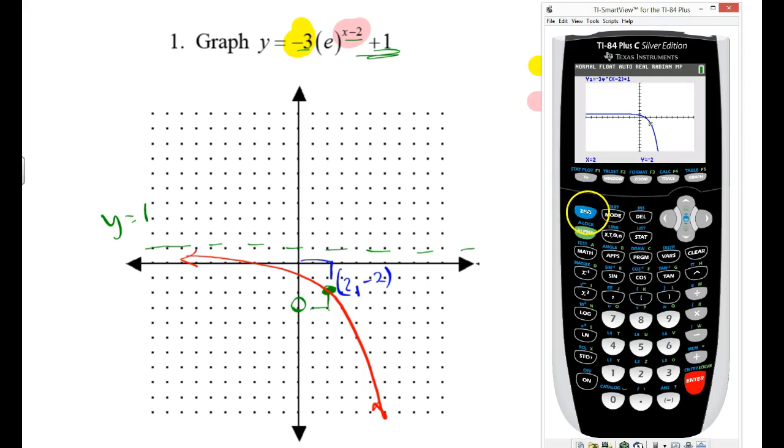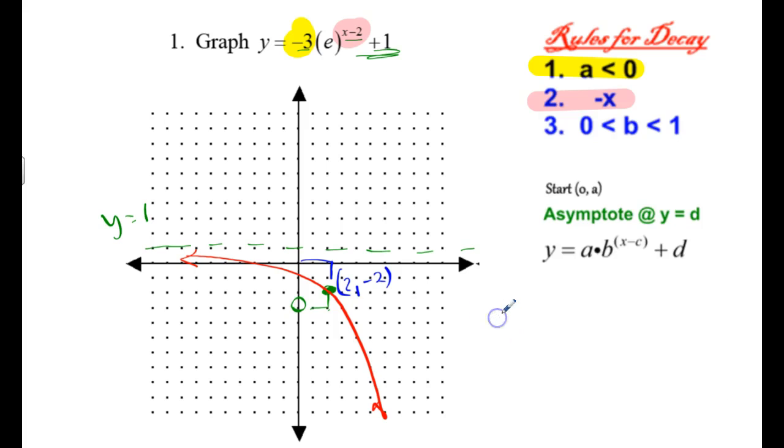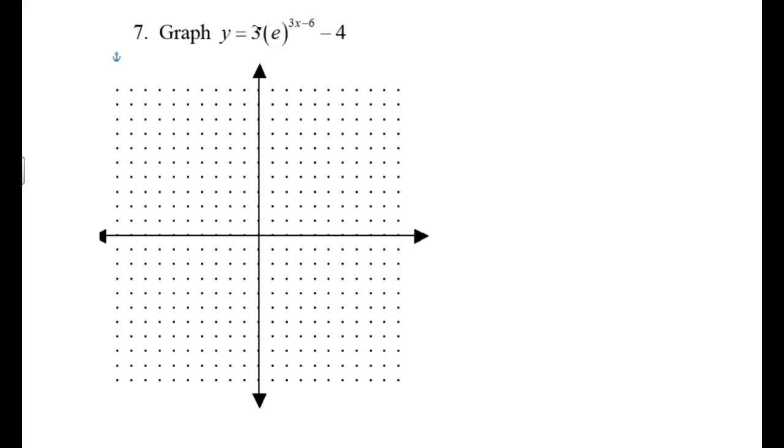And if I wanted to find additional points to plot more accurately, I would hit second graph, and you can see that the points are pretty difficult to plot, but you can see it's approaching, even out here at negative 5, it's approaching 1, but at least we found one good point. So to continue this,